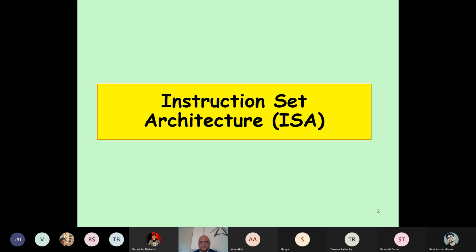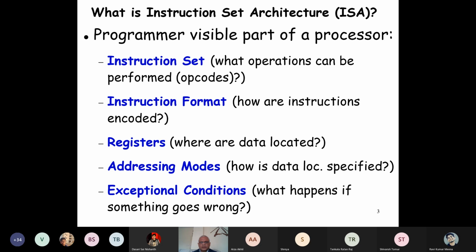Today, we'll look at the instruction set architecture of a computer. So far, we had said that it is an important attribute of a processor, and this is the first thing we need to study. Let's first understand what exactly is the instruction set architecture. Many times in the Viva, if you say that you have done a computer architecture course, possibly the first question is what is an instruction set architecture and why is it important? Let's try to answer what is the instruction set architecture of a processor.